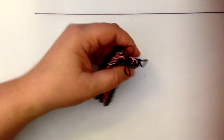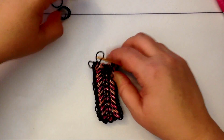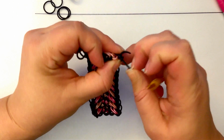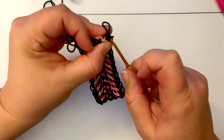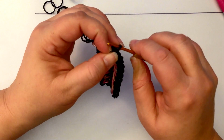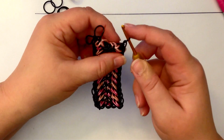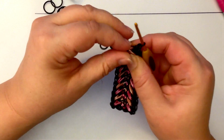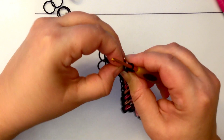Alright, let's talk about how we're going to do our extension, because we have 5 columns here. Taking your hook, and we're going to use black bands to do this. Take your hook, you're going to undo that first one, okay, and put your hook through both loops. You're going to do a slip knot of sorts, take one over the other like that. Undo your next tie-off band,